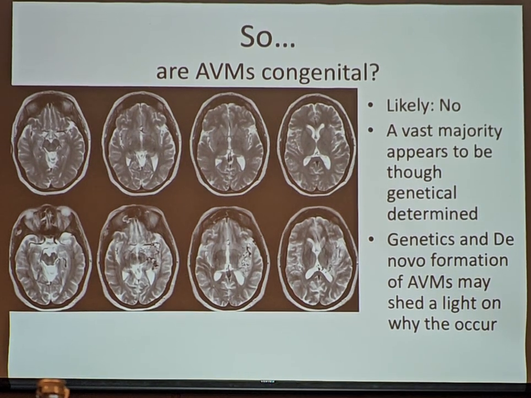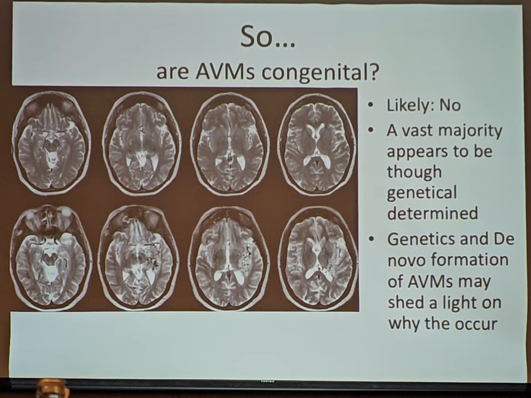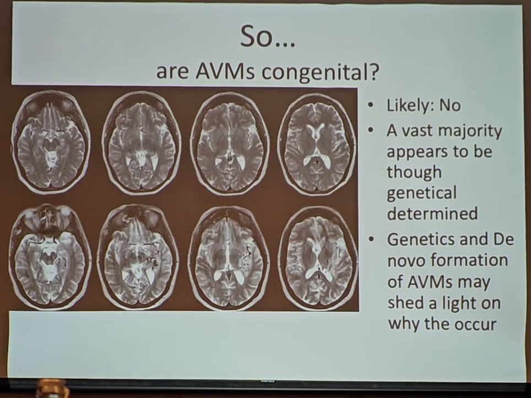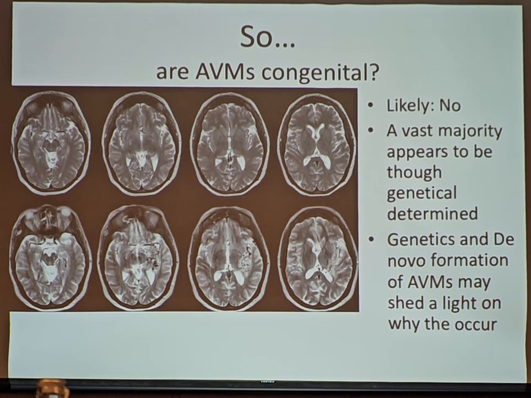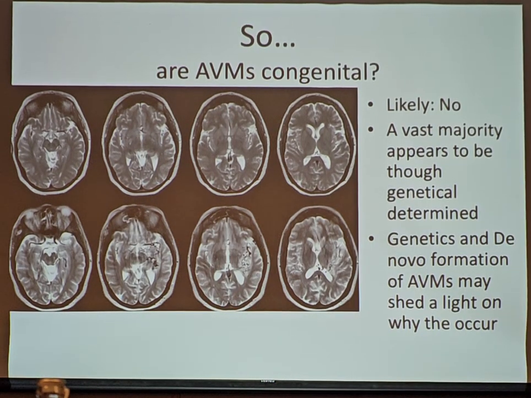Look at this example here. This is at time point 1. This is at time point 2. Clearly, this patient didn't have an AVM here, and clearly the patient has an AVM now here. And so genetics certainly play a role in this, but maybe also other factors. This patient happened to be a young female patient with liver cirrhosis, and we may believe that some form of genetics together with pro-inflammatory changes has made this AVM form de novo.